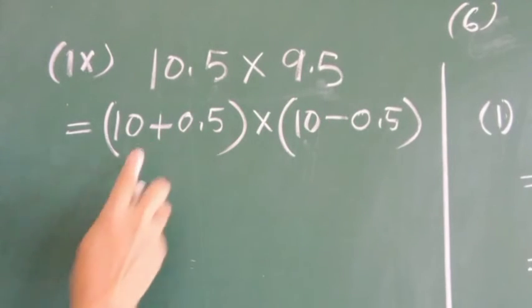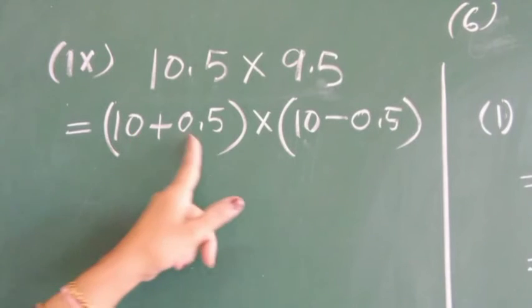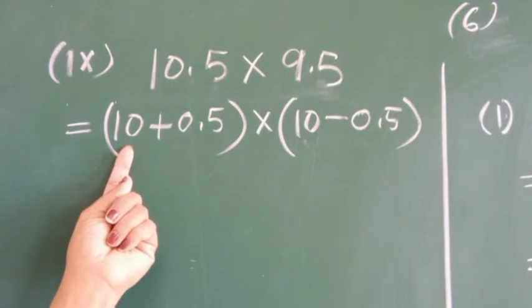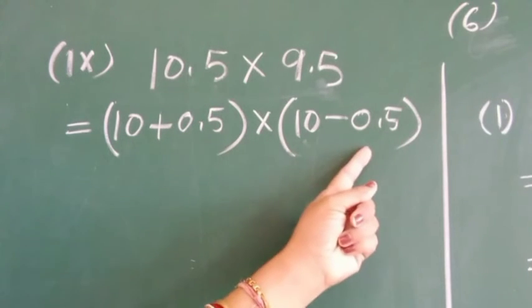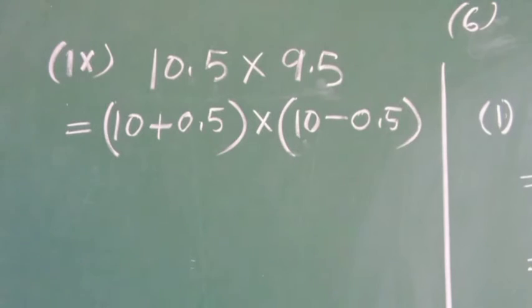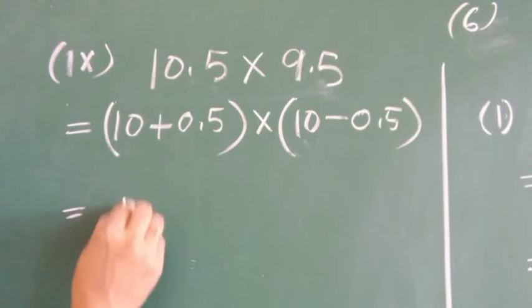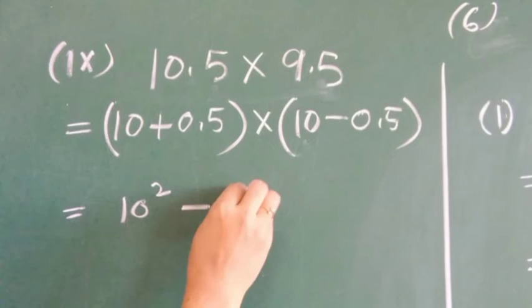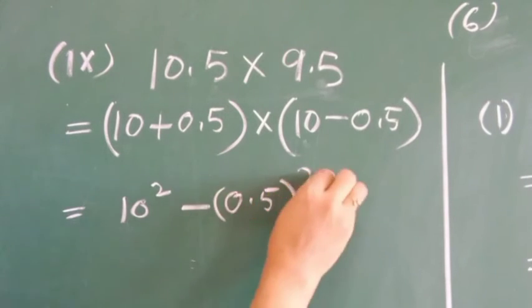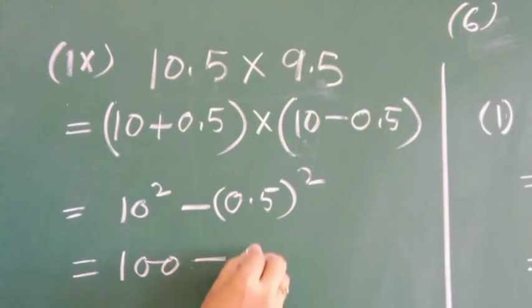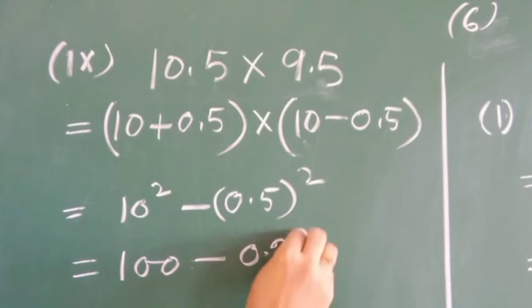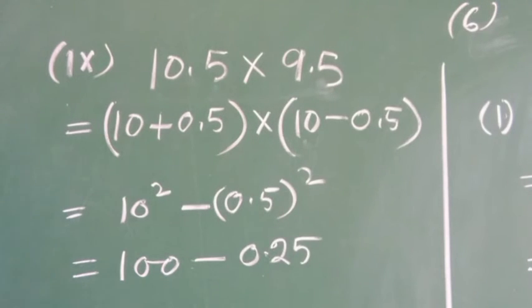Now again see on this sum, a plus b and a minus b. If I consider 10 as a and 0.5 as b, I can see that a plus b into a minus b, we can write directly 10 square, that means a square minus 0.5 whole square. 10 square means 100. 0.5 into 0.5 means 5 5s are 25, after 2 places of decimal, so 0.25. If you subtract this one, then you will get